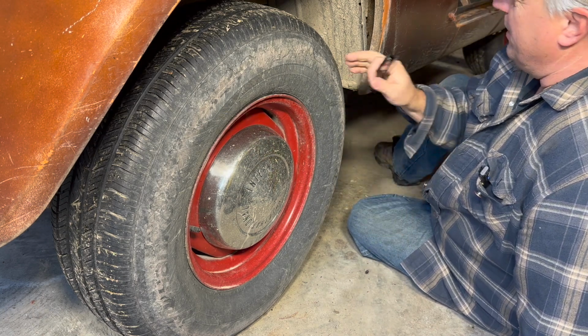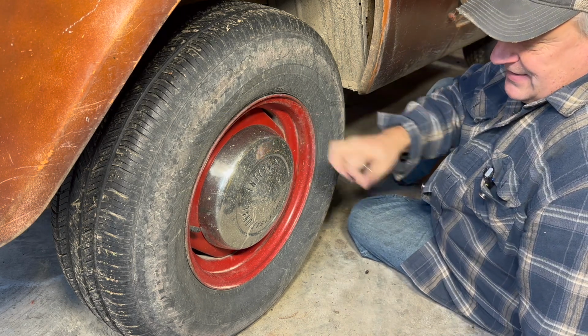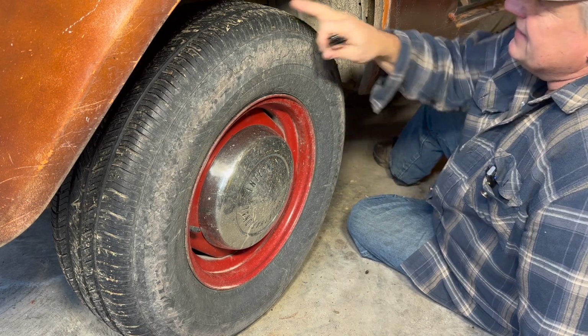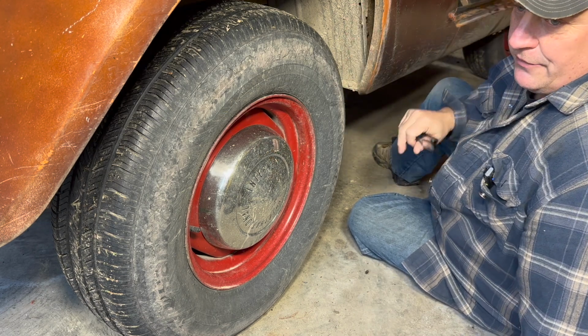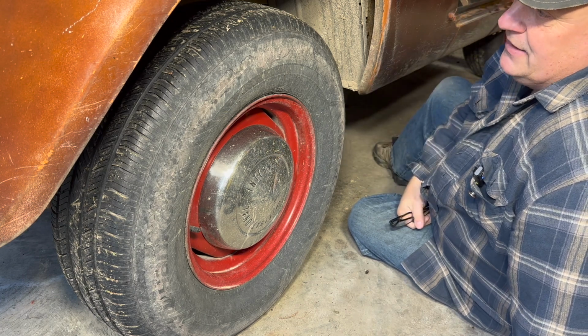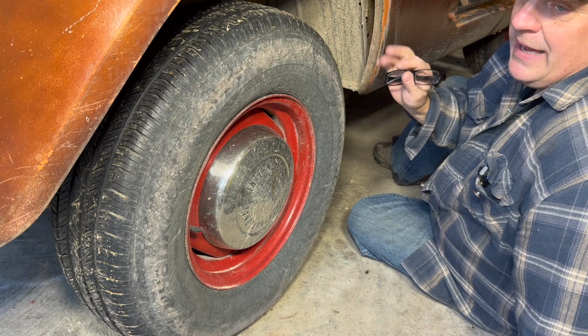I went to all 3 of them. 2 out of 3 of them would rub on the front because I've got the Scout rims that have 0 offset. And when you turn, it isn't rubbing here, it's rubbing in here. When you turn, the tire would come around and rub on the springs on the front. This was the only set that would not. So for the trip, we put these on, and they did great. We had one flat,